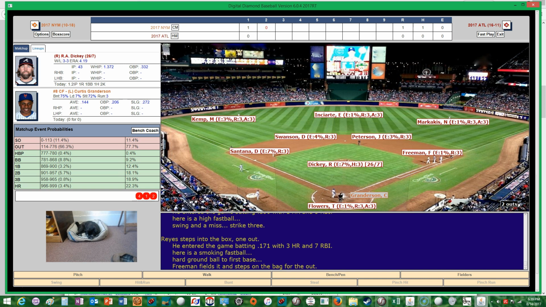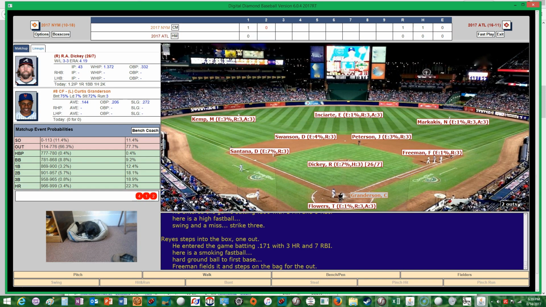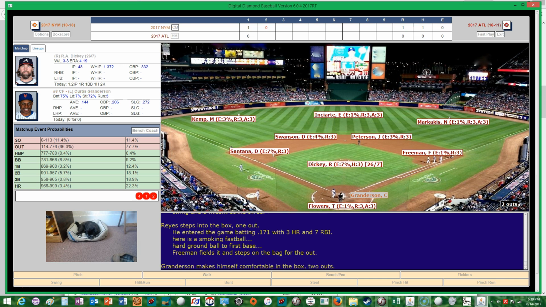So 2 down now. Curtis Granderson, the number 8 hitter, hit just .144 with 2 homers and 11 runs batted in through 35 games. Hitting a little bit better, .207 with a little bit more power, 5 homers and 17 runs batted in so far in the simulation. So he'll need a 777 and above to get on